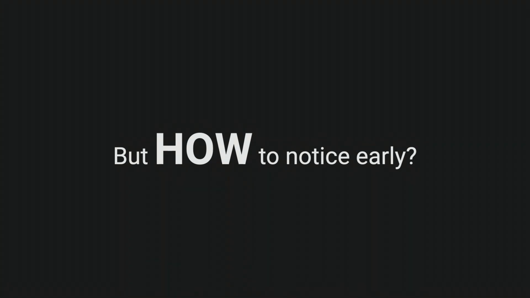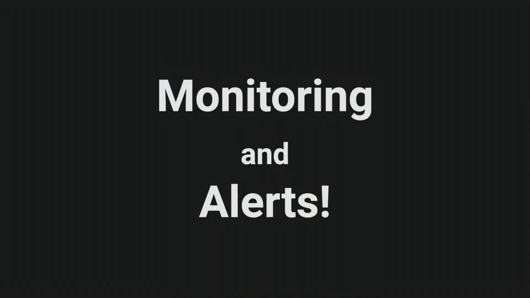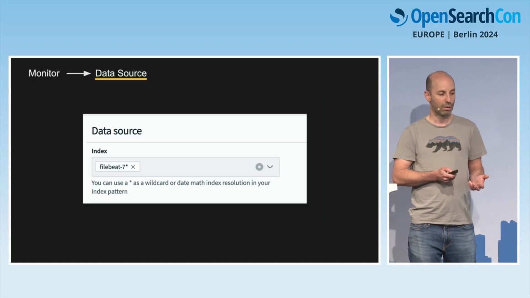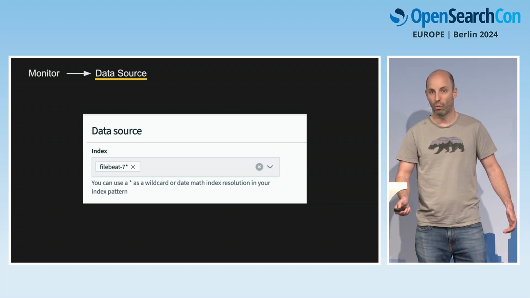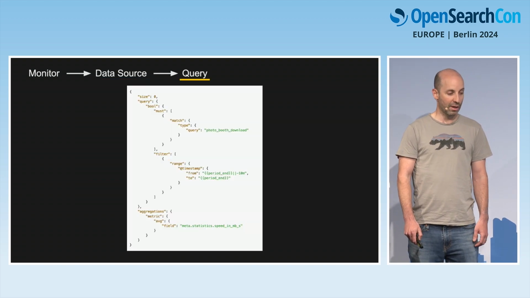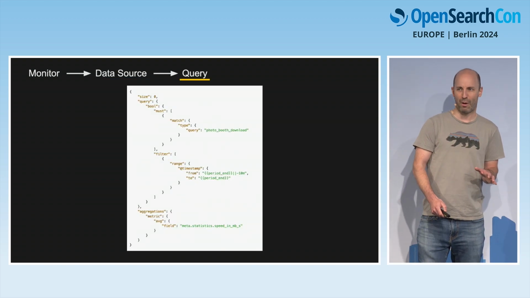But now we need to talk about how to notice early. Well, monitoring and alerts, super easy, super cool. I hadn't heard before that you are able to do this with OpenSearch. So first, create a monitor, select the monitor type, like the query you're willing to use. Afterwards, select the data source, so select the index you want to use with it. Then write the query down. This, I would say, was the